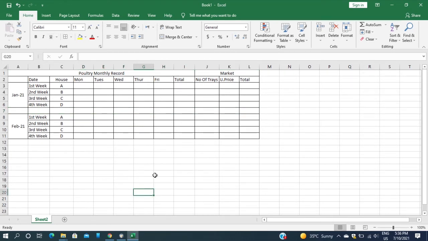So after you've done that, you're going to put in some data. So here on Monday up to Friday, you're going to be putting the number of eggs laid on a daily basis. For the first week, maybe this poultry house A, maybe they had 500. Just put in the digits I'm putting here, maybe here 450, maybe here 200, and here 150, maybe here 700, 350, maybe here 180, maybe here 90 eggs,